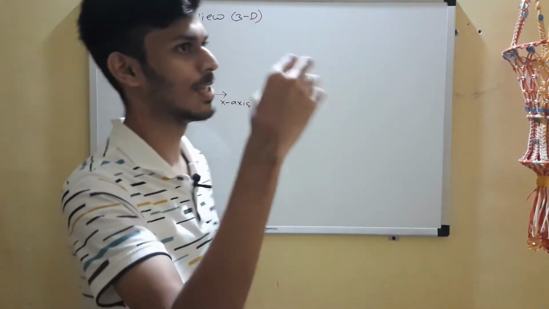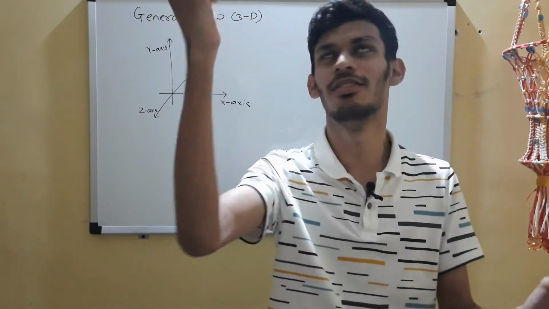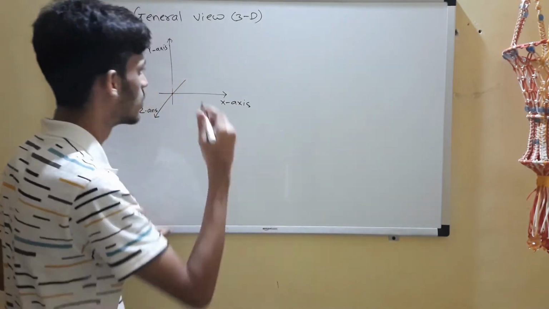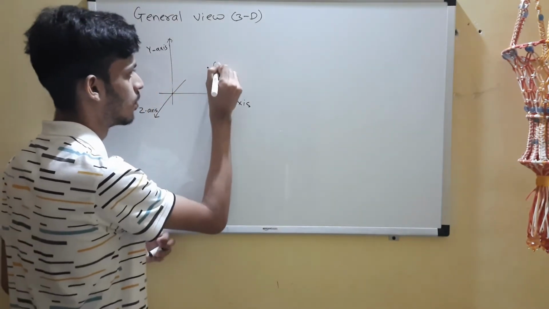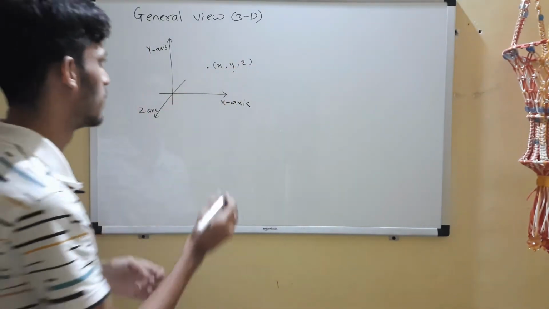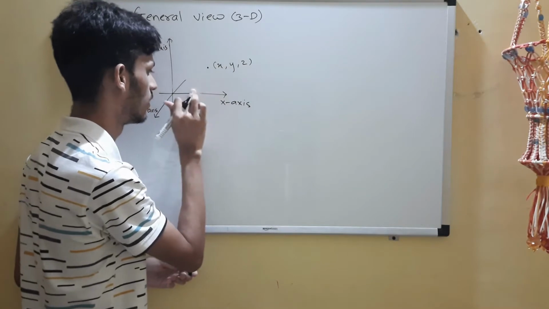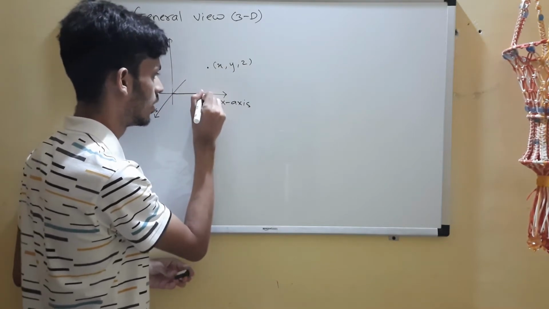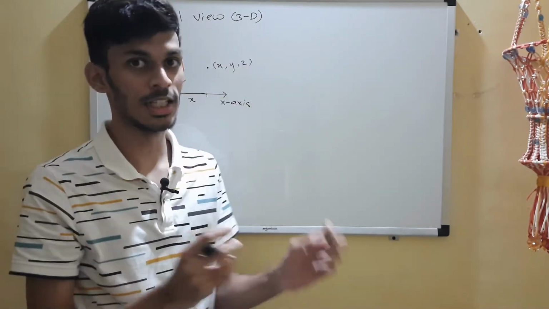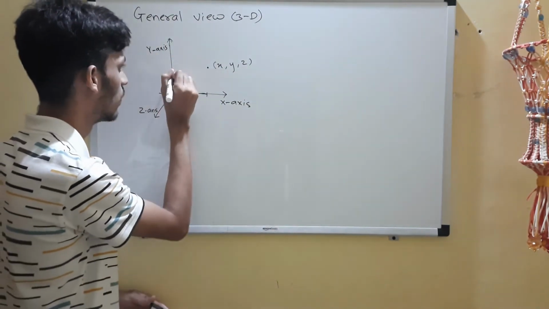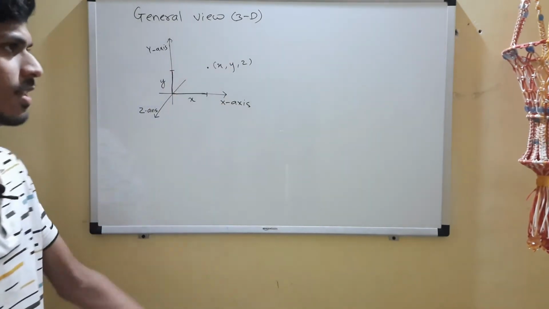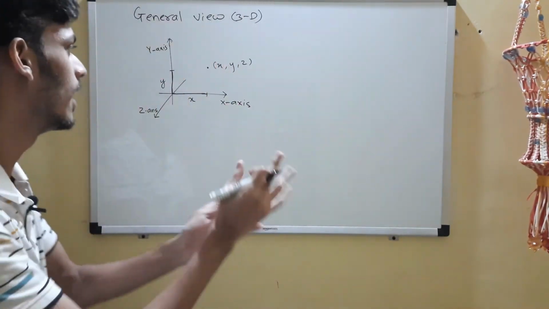Now similarly, you can picture a point in your room. You can choose any element yourself in your room. So suppose we mark something in our room, so that has coordinates x, y, z. What does this x, y, z mean? x means the distance on the x axis, whatever that distance is. The y coordinate means the distance on the y axis, and z means the distance on the z axis. 3D, right? A point in space.